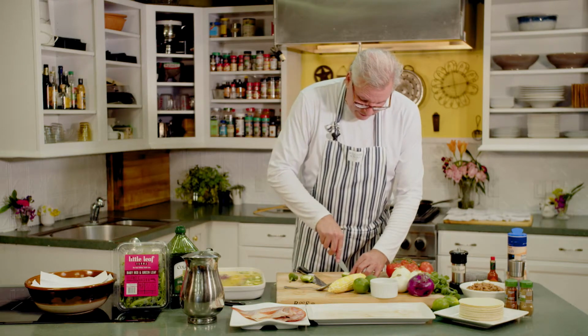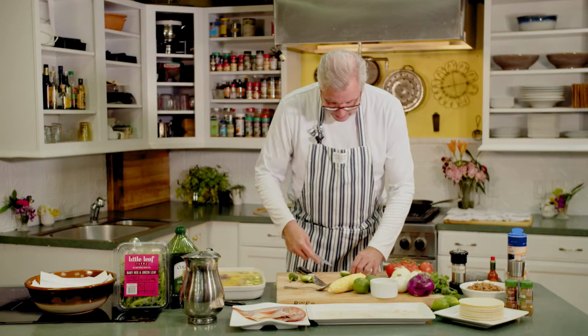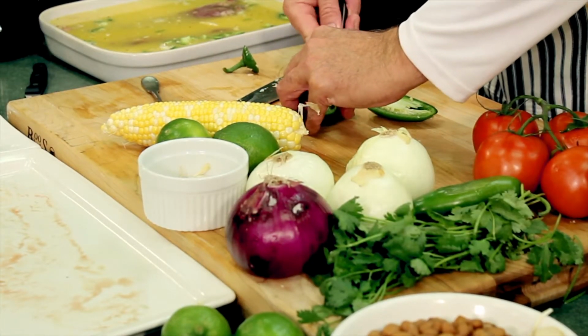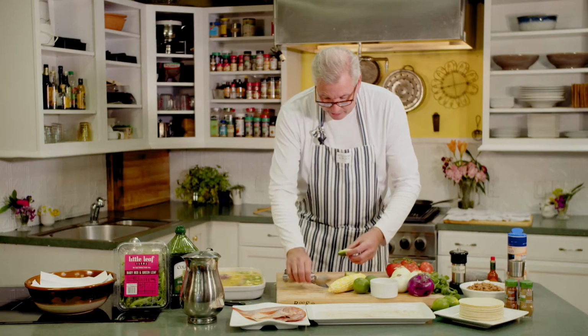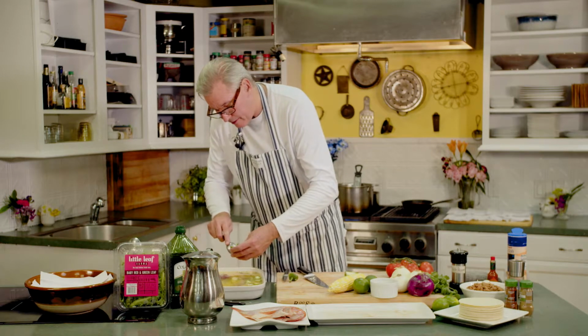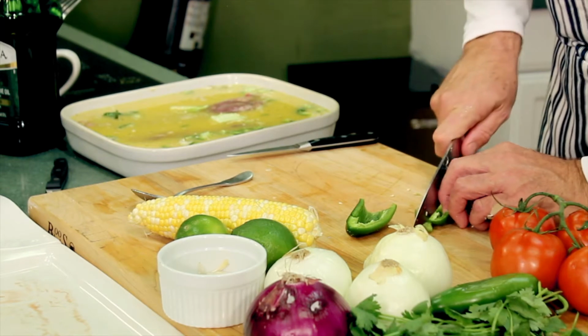So use a little knife, cut out the rib and the seeds on both, cut around it, and these should come out quite nicely. I could add this into my marinade. Why not? I will dice these up